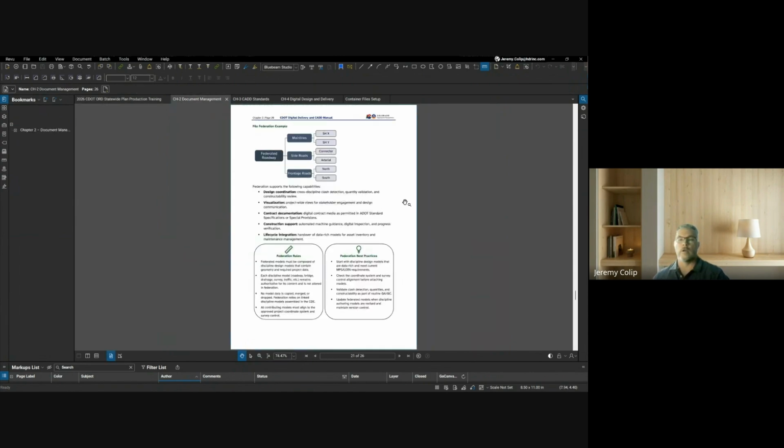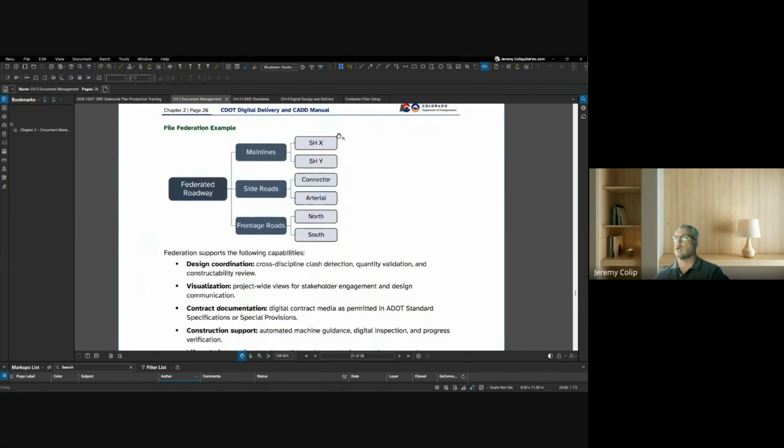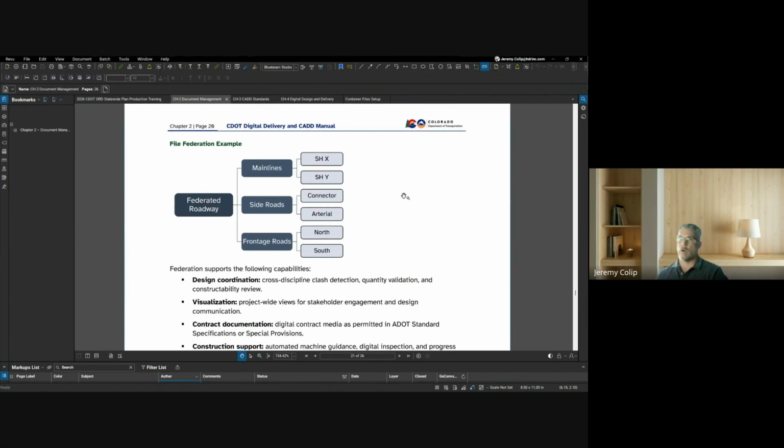So what you're going to see, and I'll zoom in here up at the top, is part of the digital delivery and CAD manual that's going to be released. We're submitting this to CDOT at the end of the month. We're updating a few comments currently, almost through that, going through all the regions. We touched on this a little bit a couple of meetings ago, but walking through file federation,